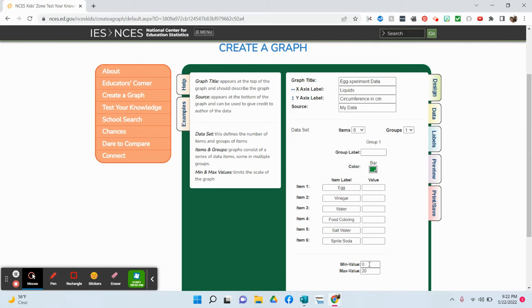My minimum value is 0, so that would be in centimeters, and my max value is 20. So your minimum value needs to be below your smallest amount, and your max value needs to be above your highest amount. So now I'm going to go to Preview,